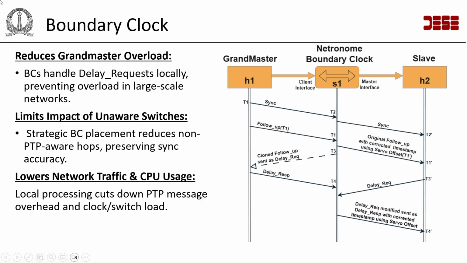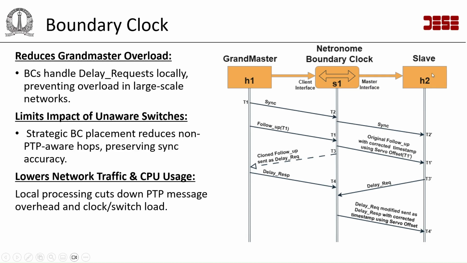This is the boundary clock program that is running on Metronome. Boundary clocks handle the data requests locally in the network, preventing overload in a large-scale network. The slaves are not directly connected to the grandmaster. For handshaking, they connect to boundary clocks so that the overhead on the grandmaster and the jitter will be reduced. The grandmaster is at H1, and the Metronome boundary clock runs the P4 program as the switch S1,